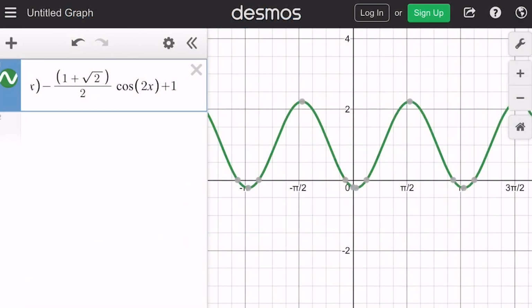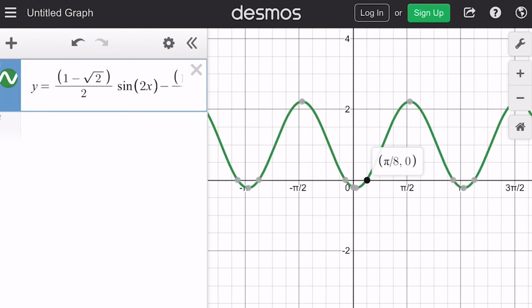Okay, and here's its graph on Desmos. Now, of course, that doesn't confirm that it's really the solution to that differential equation, but we can see if it goes through the point pi over 8, 0, and it appears to right there. So it satisfies that first initial value. The second initial value says that the derivative there is the square root of 2. So square root of 2 is about 1.4,